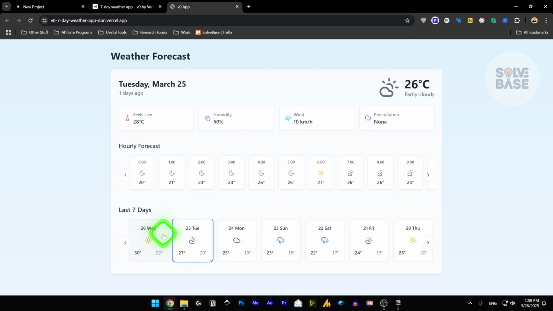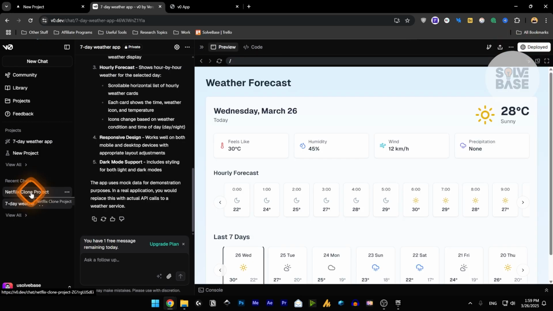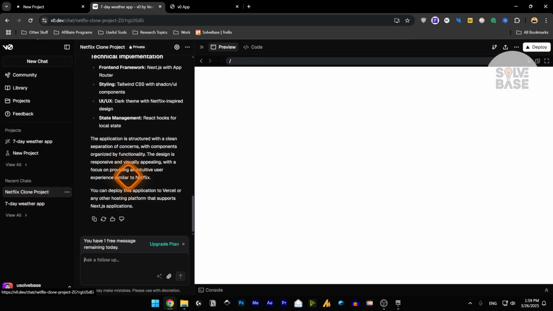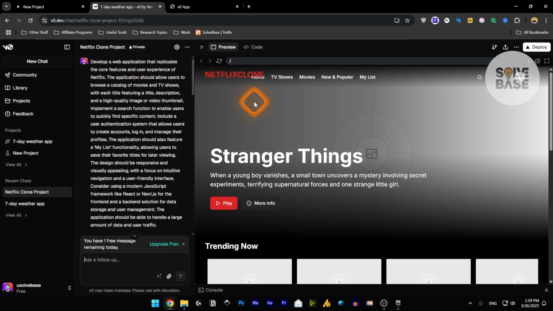You can play around with it, delete the deployment, etc. And I made another one. So this is a Netflix clone. I thought that I should try it out to create a web application for Netflix and make a clone of it. And on the right hand side, we got the Netflix clone, and you cannot go inside any of these,